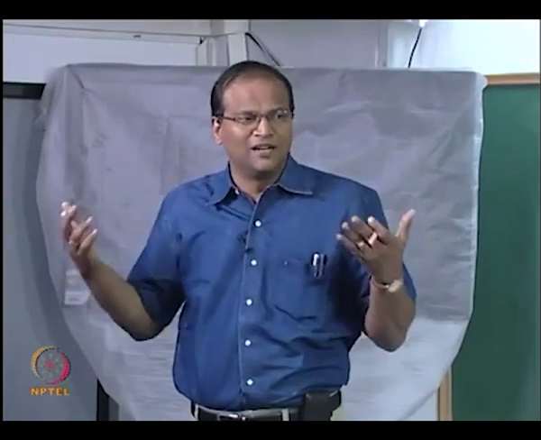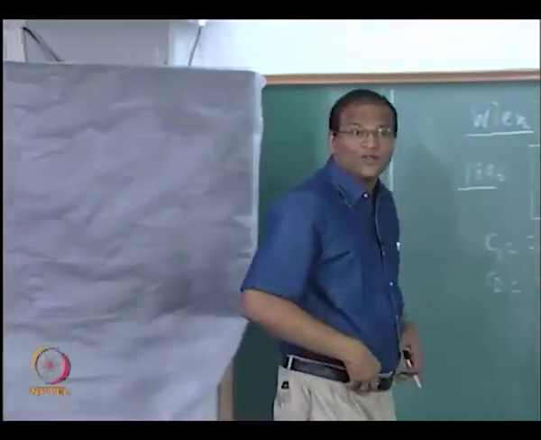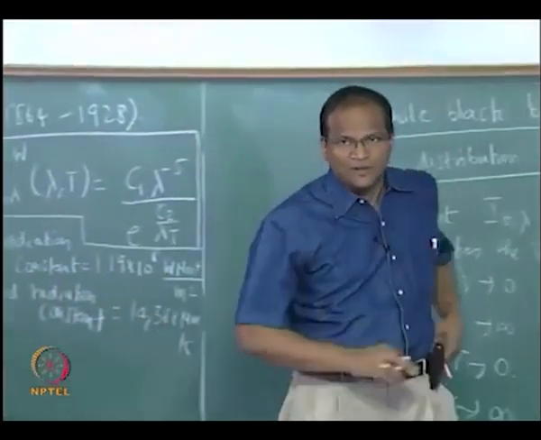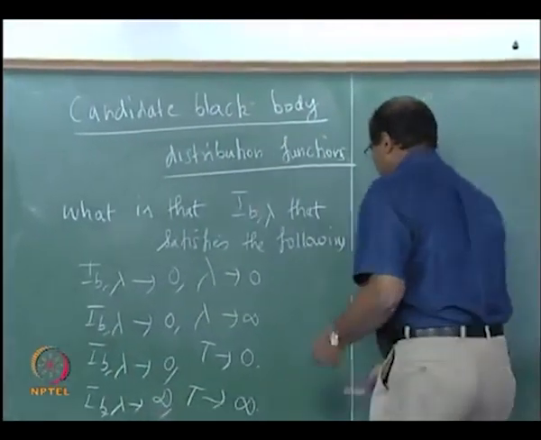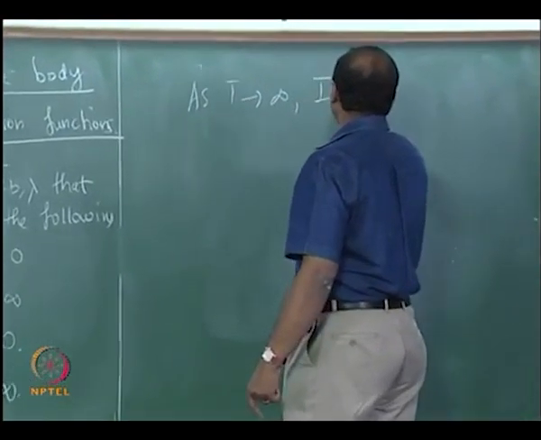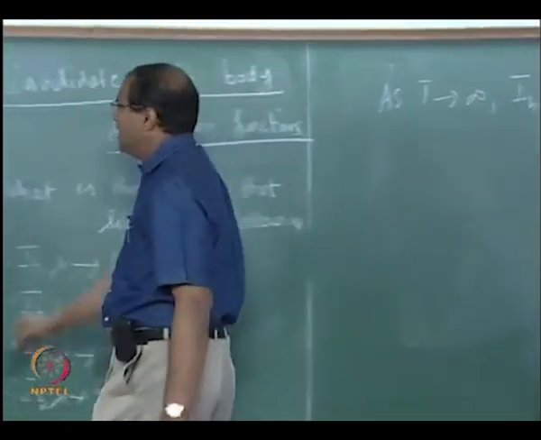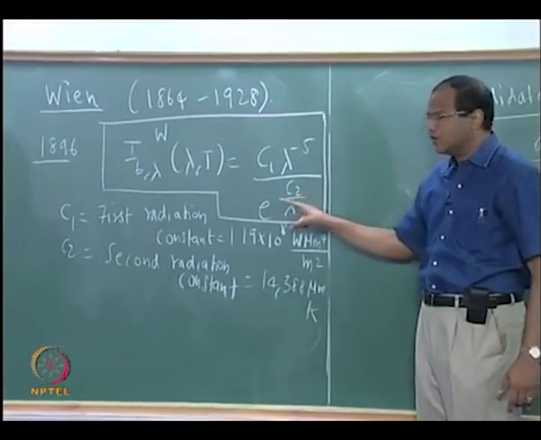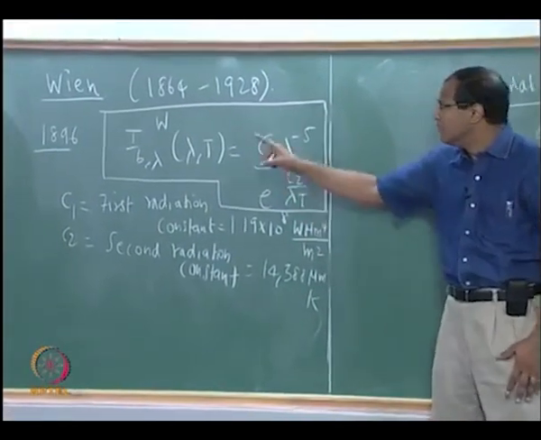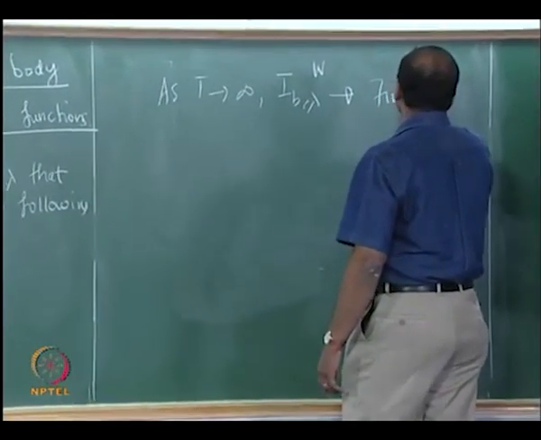It was too futuristic at that point in time. So they felt that with the classical physics and thermodynamics which had been developed, enough knowledge is available to explain blackbody behavior. Okay, so they faced their Waterloo because of this approach. Now what is the problem with this? As T tends to infinity, I_B lambda, this becomes 0, denominator becomes e to the power of 0, therefore it tends to a finite value. I_B lambda tends to a finite value, which is not correct,